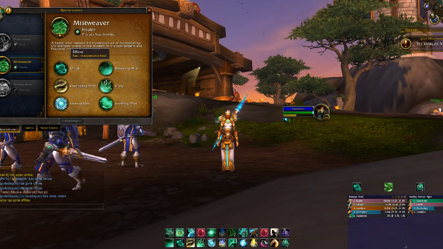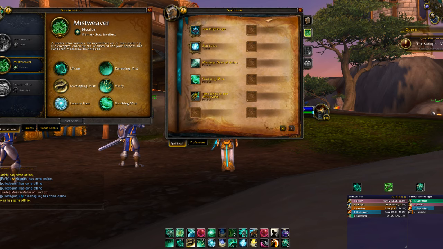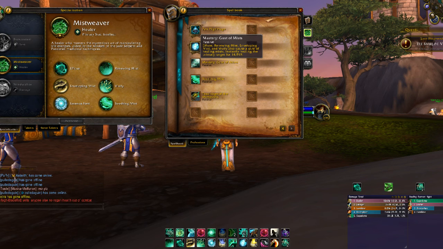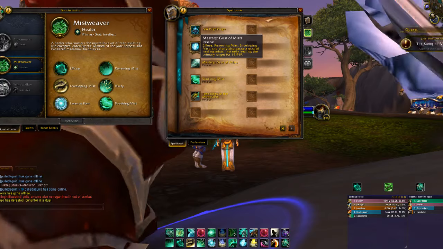So I am going to flip over here so you guys can see our new mastery, if I can actually find it in our spellbook. It's called Gusts of Mist. And what Gusts of Mist does is that whenever you heal your target with Effuse, Renewing Mist, Enveloping Mist, or Vivify,